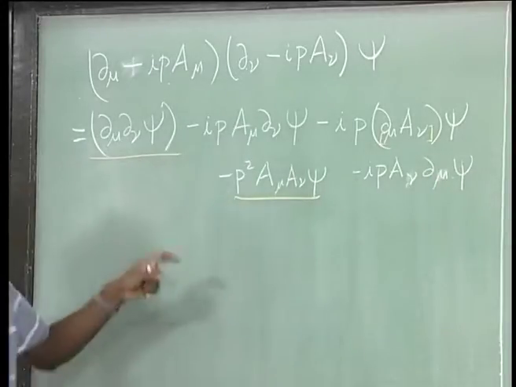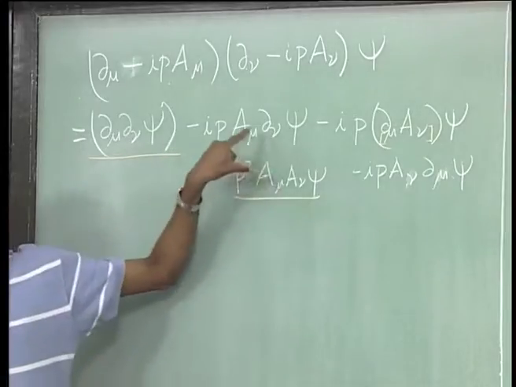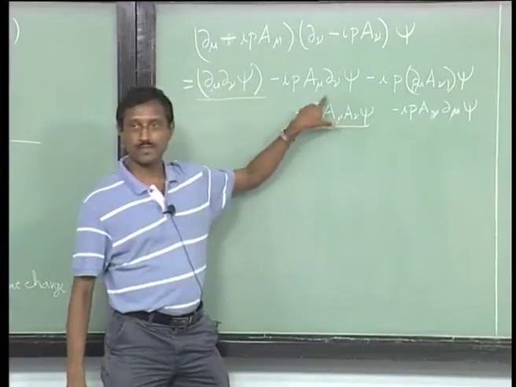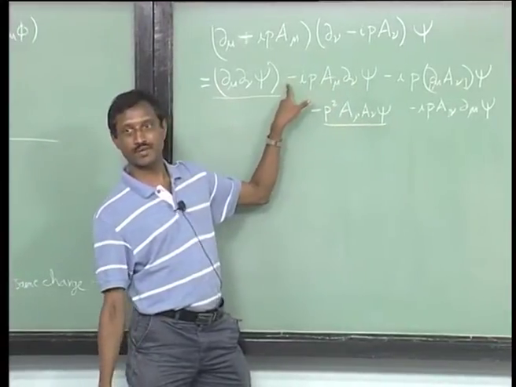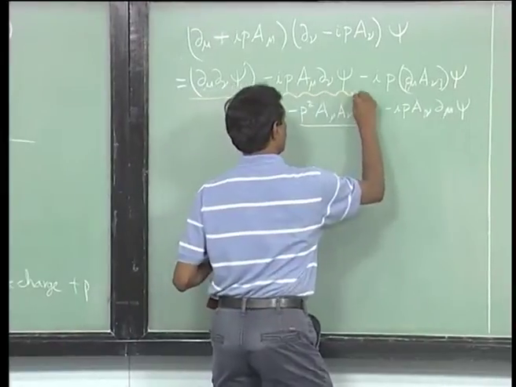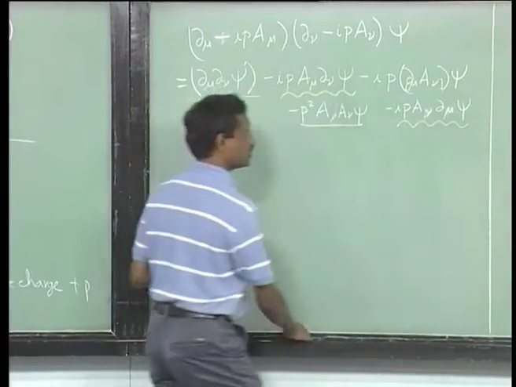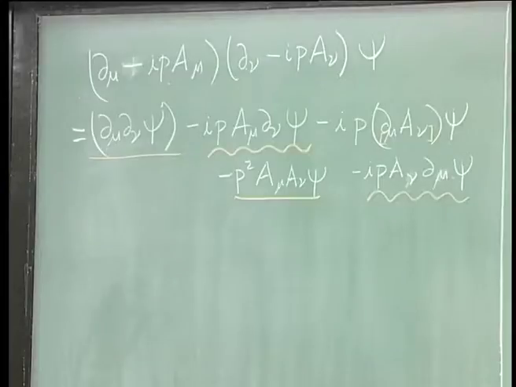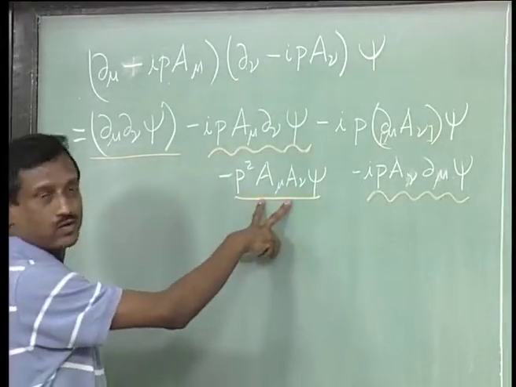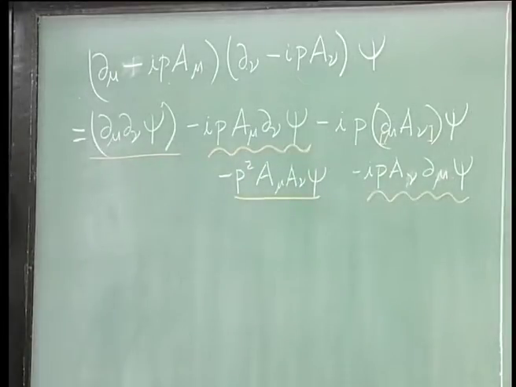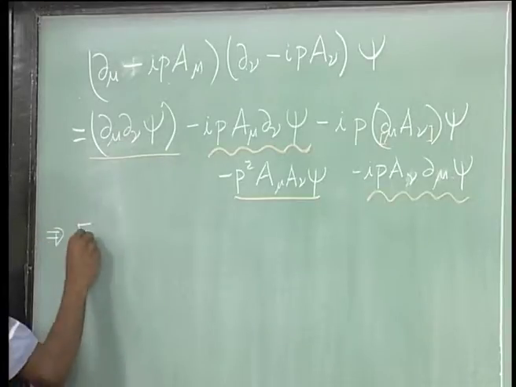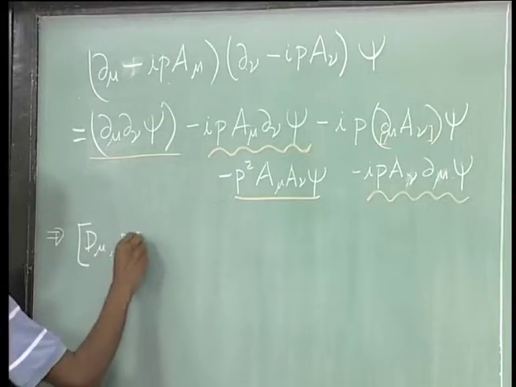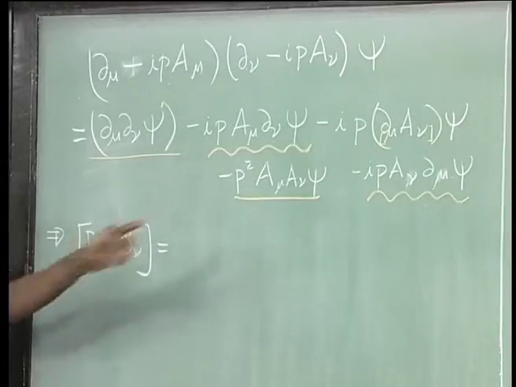Okay. So, now even if you look at this, this is a symmetric combination of these two guys. This is just mu nu, exchange them with the same sign, both of them come with minus i p. So all these things which I have underlined are 0. Here this by itself is 0, this by itself is 0, but this combination is 0, the sum of these guys. So, you can see that this implies it has only one term which is this guy,